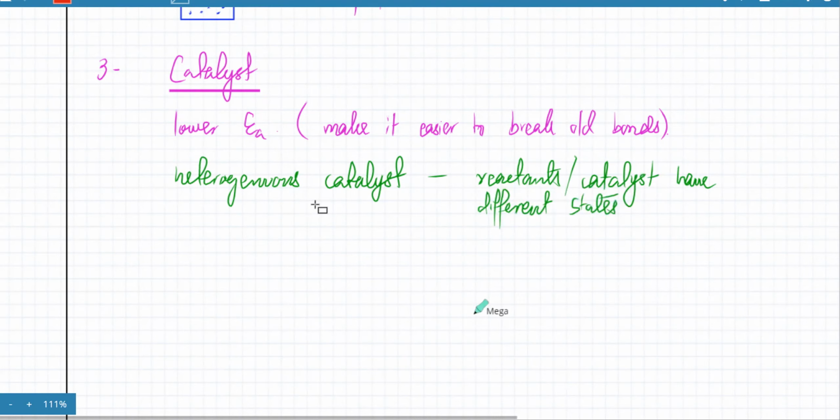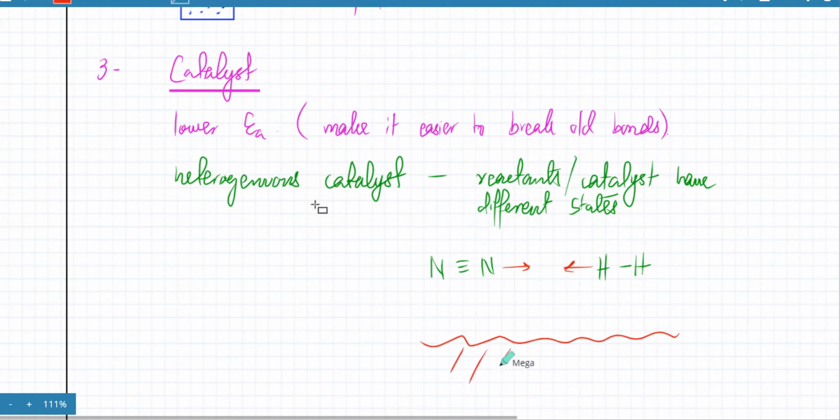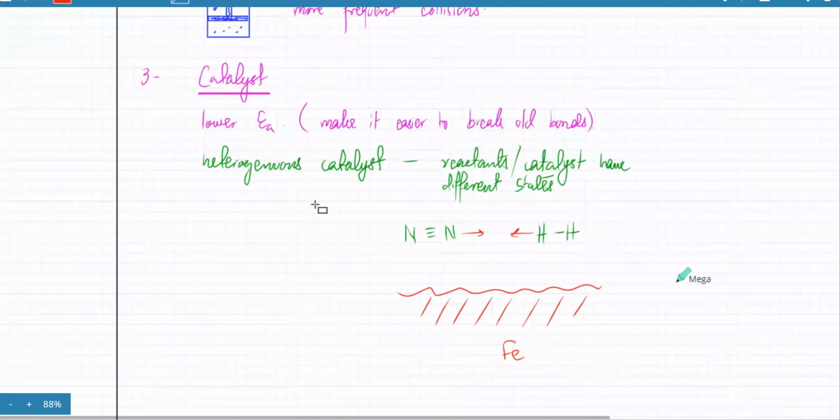So, for example, in the same reaction, you have N triple bond N. It's about to bump into a hydrogen molecule. Now, the problem is they need a lot of energy. Otherwise, the triple bond is not going to break. And you add an iron catalyst. Let's say this is the surface of the iron catalyst. Transition metals are very good catalysts, and they're very good heterogeneous catalysts. The state is different. The reactants are gaseous, whereas the iron is solid. So